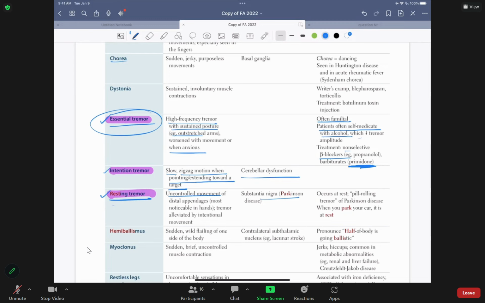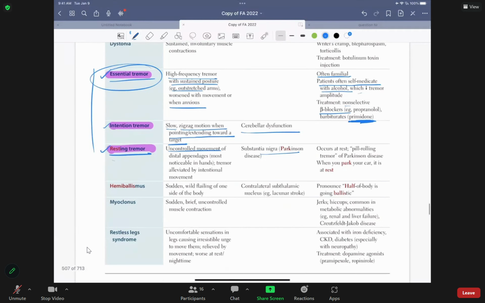So to recap all the 3 types of tremor, resting tremor happens when you are at rest, but then you still have it during activity, but it's reduced. Now, when it comes to essential tremor, when you ask the patient to stay in a specific position, they have a tremor. That's essential. Intention tremor is when you ask them to do certain things or activity, they have tremor, pointing towards a target, grabbing something. That's intention tremor. Are we clear, folks? That's your 3 different types of tremor.